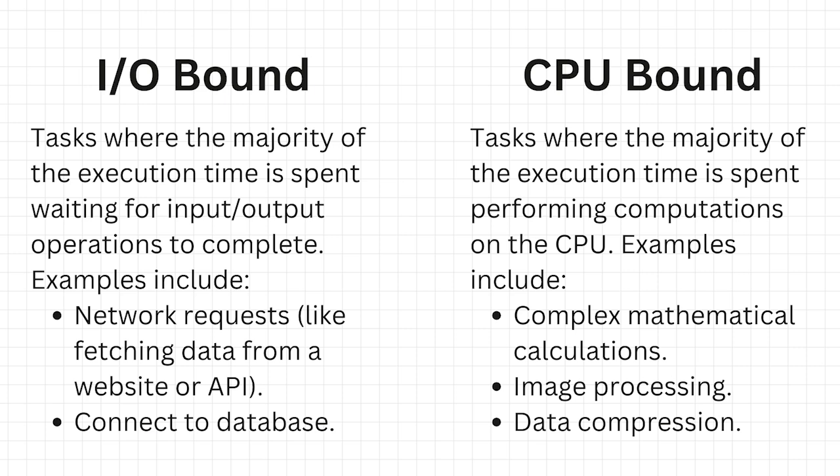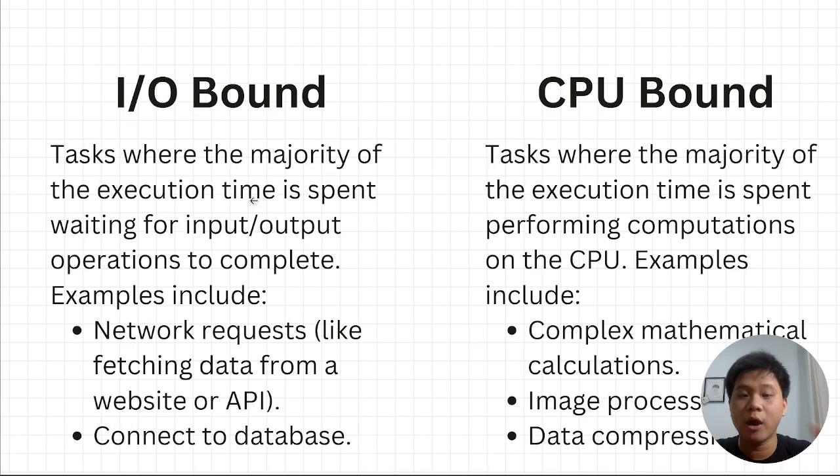On the other hand, we have CPU bound. CPU bound is a task where the majority of the execution time is spent performing computations on the CPU. Examples are complex mathematical calculations, image processing, data compression. So now, in web scraping, the scraper spends most of its time waiting for the server to respond